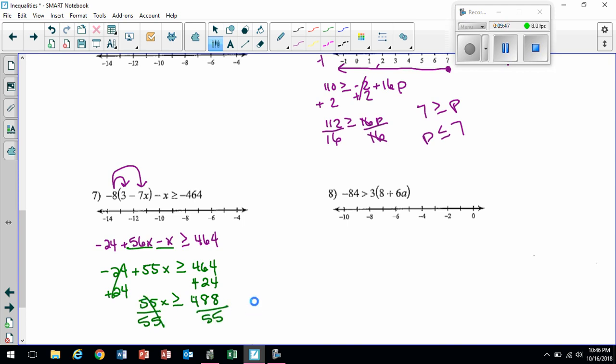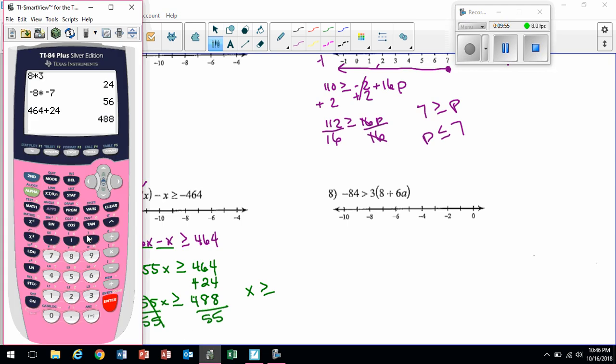These cancel out. X is greater than or equal to 488 divided by 55. Oop, and this gives me some little funky number. So